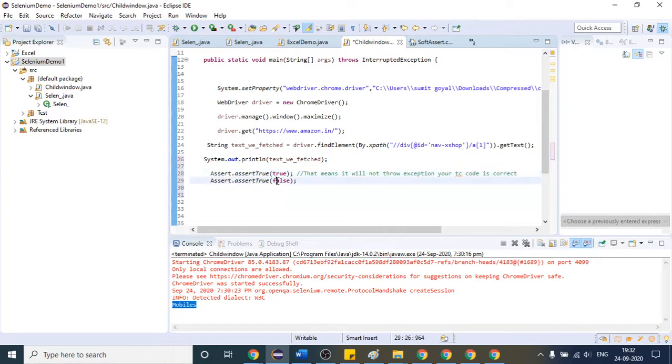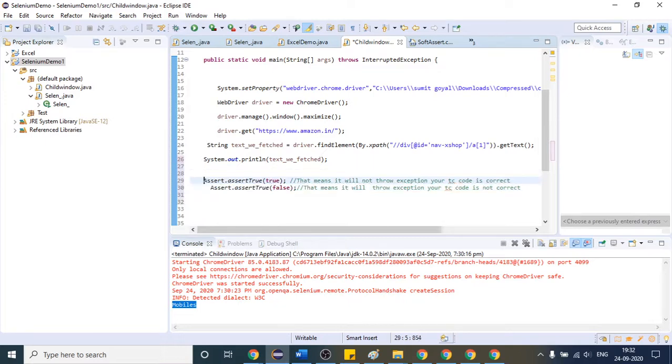But if you provide false inside, then that will throw the exception. That means this time it will throw the exception, your test case code is not correct. So what is the difference between these two? See here, these two are the same, but inside you can have either true or false.